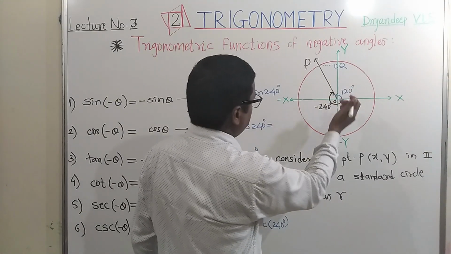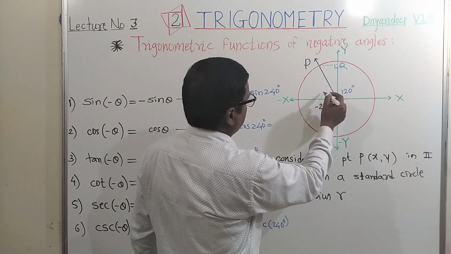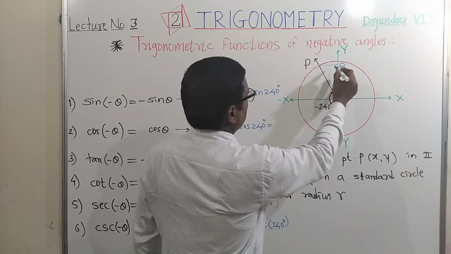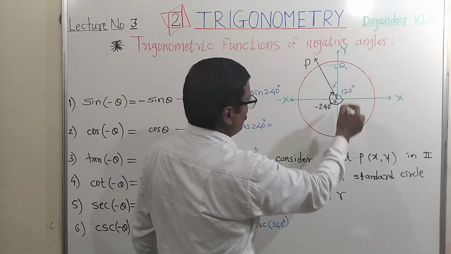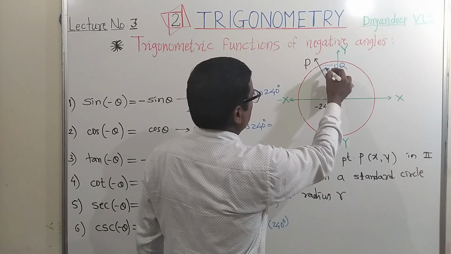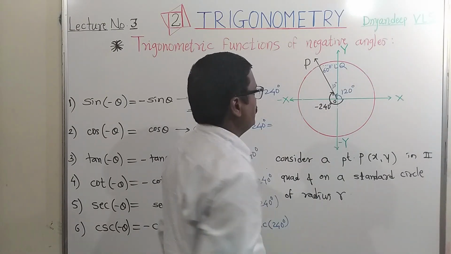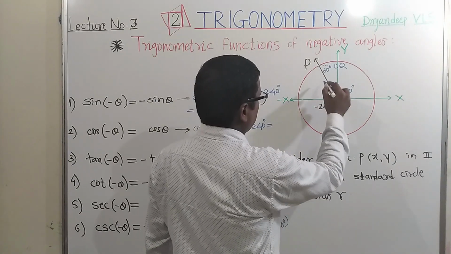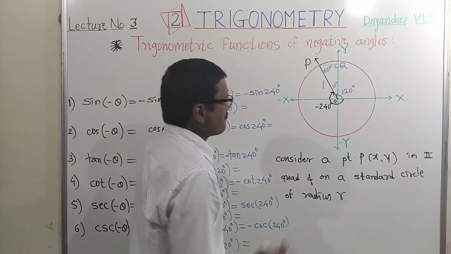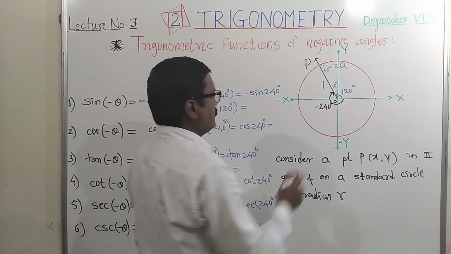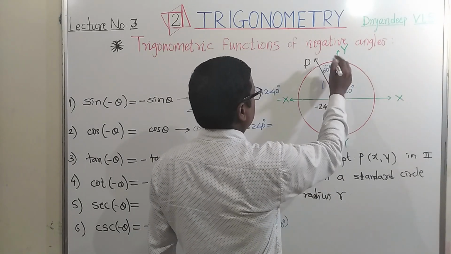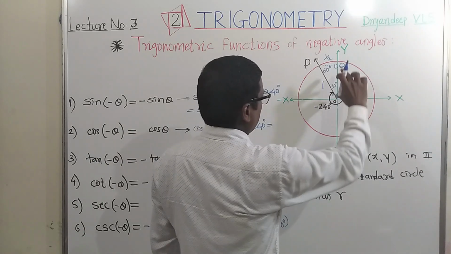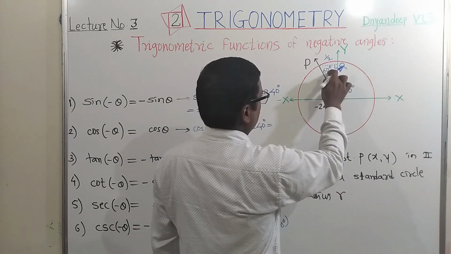Let us see in this figure, as this is 240, this angle has measure 60. So this angle has measure 30. As PQ is perpendicular to this, it is a right angle, so the remaining third angle has measure 60 degree. So by using 30, 60, 90 degree properties, if the circle is a standard unit circle, then OP is equal to r. It gives us that the side opposite to 30 is half. So this PQ is equal to half. This OQ is the side opposite to 60 degree.